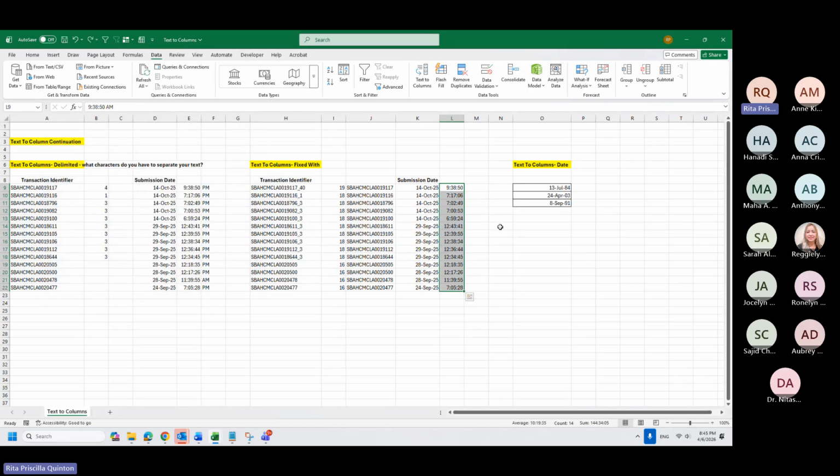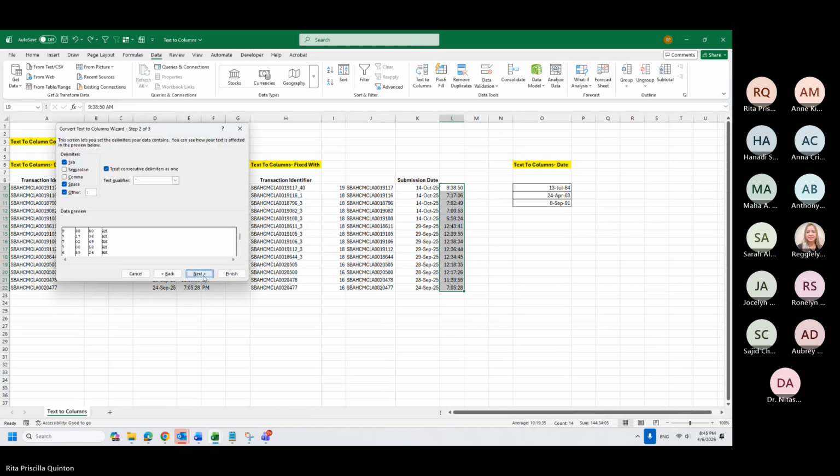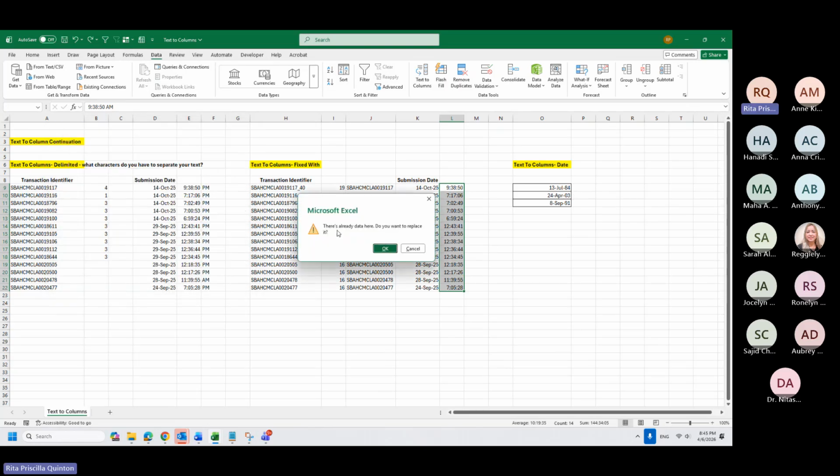Okay. Since I want you to understand the errors that you might face, I pressed Control Z to go back to the time before I did the text to columns. If I do the text to columns using this, it has 4 columns. 1, 2, 3, 4. So it will tell you there's already data here.